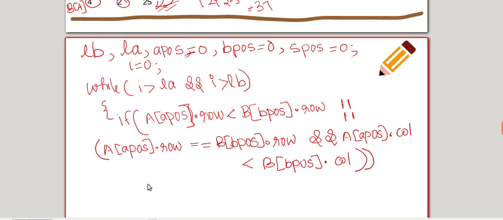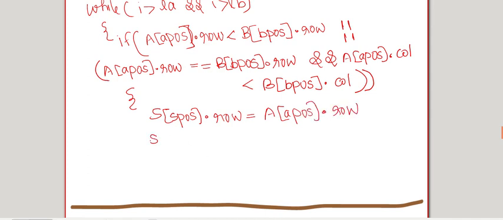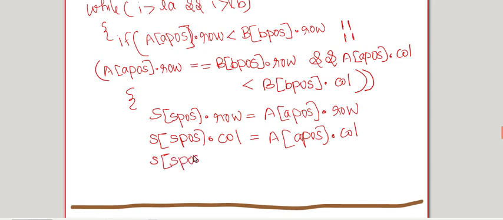If these conditions are true, I can copy values from A to the sum matrix. So if this condition is true I can copy the element, that is S of S pos dot row is equal to A of A pos dot row, and the column can be copied from A: S of S pos dot column is equal to A of A pos dot column, and S of S pos dot value equal to A of A pos dot value.